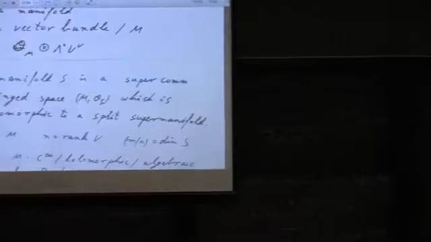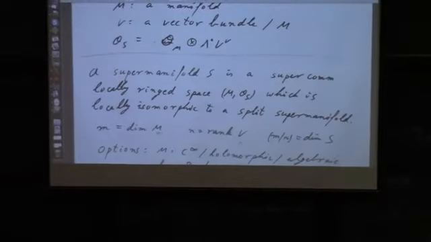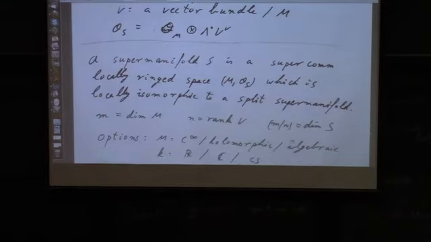Well, let's just introduce the notation. I have the manifold M and the bundle V, which I think of as a normal bundle or an odd tangent bundle. So let M be the dimension of M and N be the rank of V. So the dimension of the supermanifold is going to be the pair consisting of M, the even dimension, and N, the odd dimension. Is M a complex manifold or just